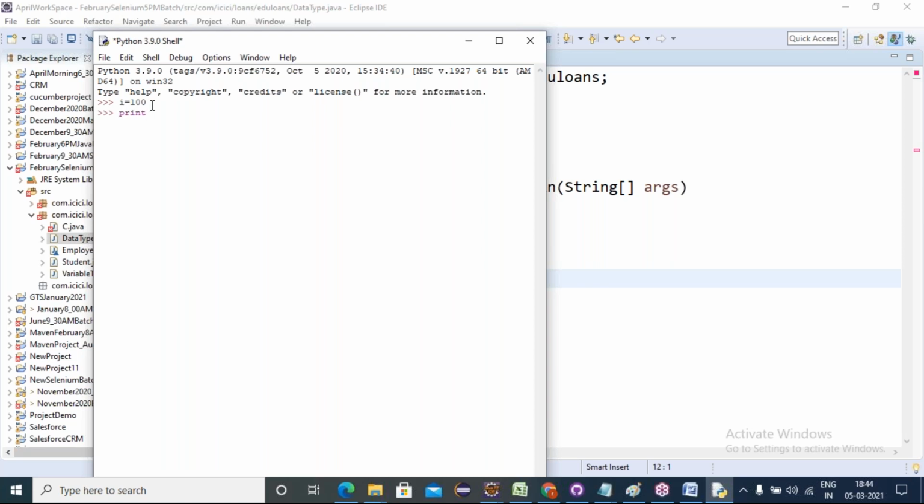How do I print in Python? print of i. Friends, here, if I want to know the type of this object, it is definitely an integer, but in the form of a class type. In scripting languages, every data type is represented as a class type dynamically. It's called dynamic declaration of type class types.